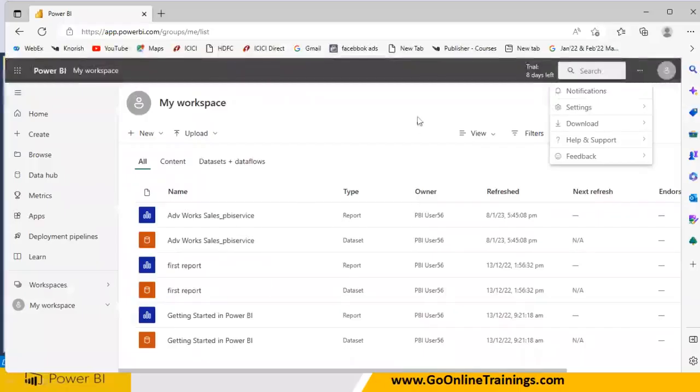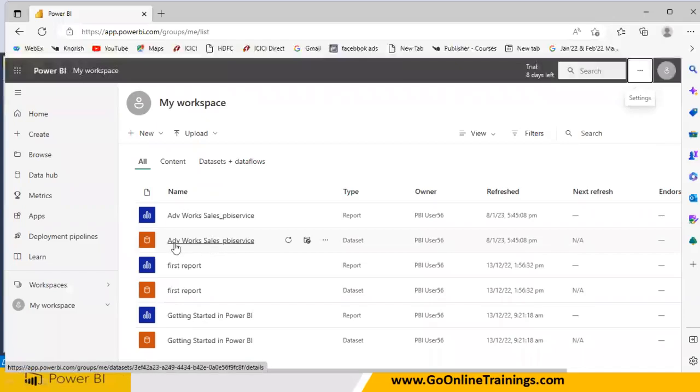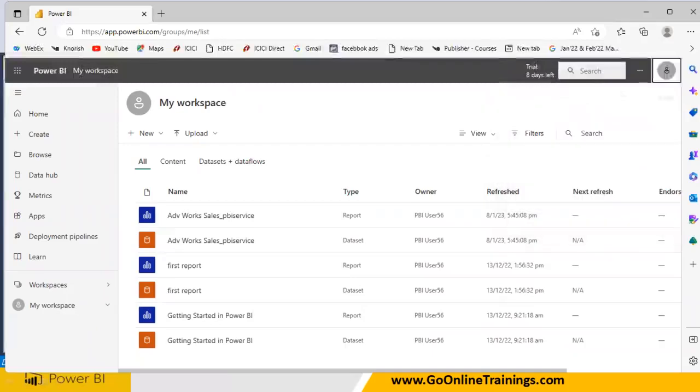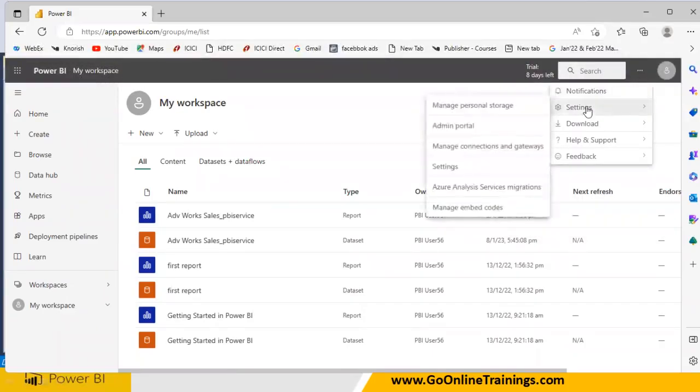So yesterday we have deployed, right? So what is the size of this data set? If you wanted to know, we can simply go to, who's the user now? The username is 56, right? Now you can click on the three dots, then you can go to settings. When you go to the settings, you will come to know